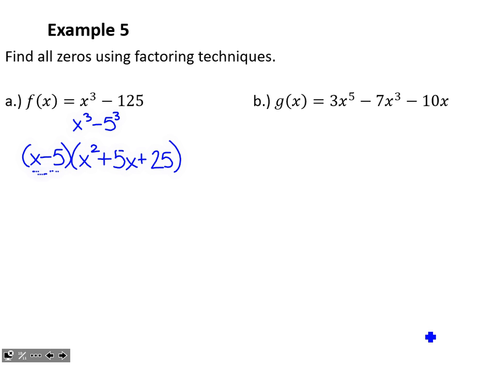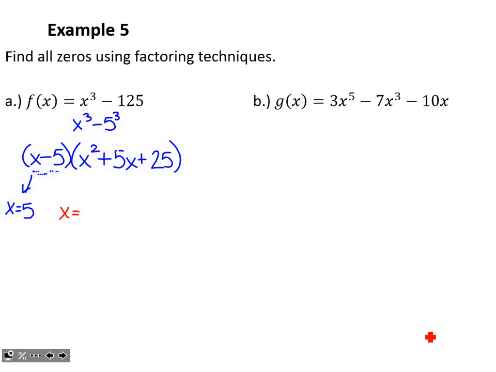Well, this first factor is very easy to find the solution, right? X equals 5. But that second factor will always produce imaginary solutions. So for the second part, we're going to have to rely on the quadratic formula. And it's kind of nice to know that we shouldn't be beating our head against the wall trying to find magic numbers or factor it further. It just won't happen. So it's nice to know that we just go right into the quadratic formula.